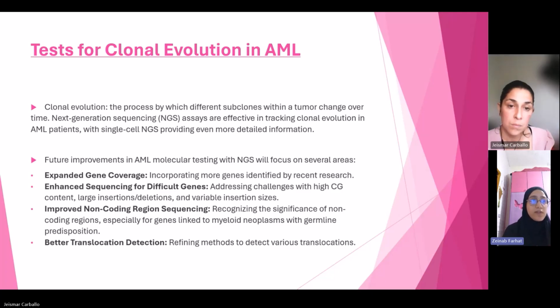However, they propose certain future improvements that should happen in the NGS to help in the molecular testing of AML. The first being to expand the gene coverage. So research should discover more genes so that we could sequence them and discover how they are related to AML. Then, enhanced sequencing for different difficult genes, when we talk about the cryptic genes or large insertions, deletions, and the challenge of high GC content that